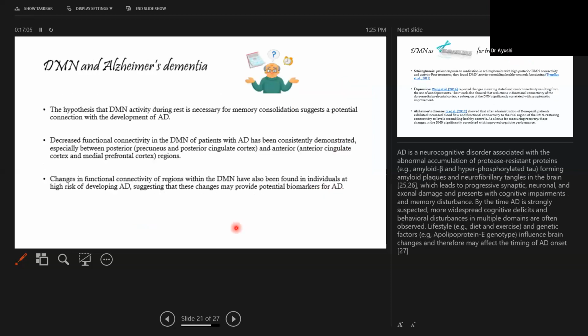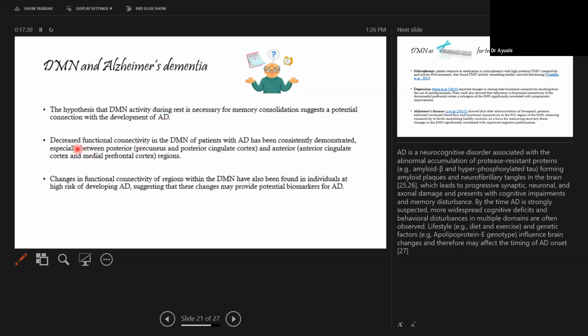Then default mode network and Alzheimer's disease. Here, it is said that there is hypoconnectivity in the default mode network. In schizophrenia, in ADHD, in autism, we saw hyperconnectivity, hyperactivity, but in Alzheimer's, there is hypoactivity. The hypothesis that DMN activity during rest is necessary for memory consolidation suggests a potential connection with the development of